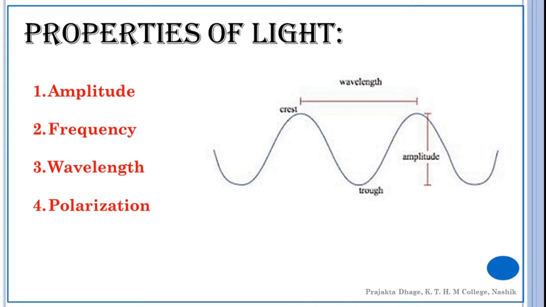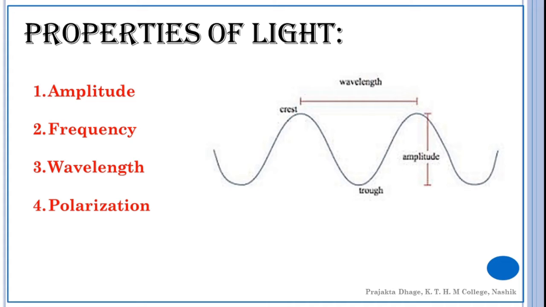Now let's talk about wavelength. It is the distance between two wave crests. Okay, you can see it in the diagram also. Our eyes are sensitive to different wavelengths of light in the visible range, which is 380 to 740 nanometers, and we see it in the form of colors.